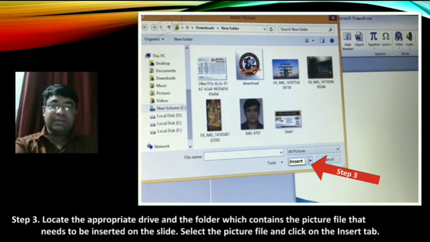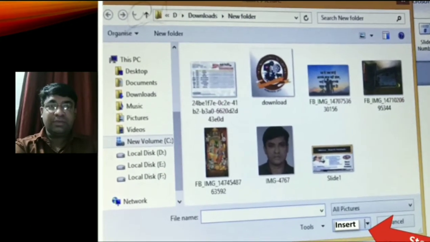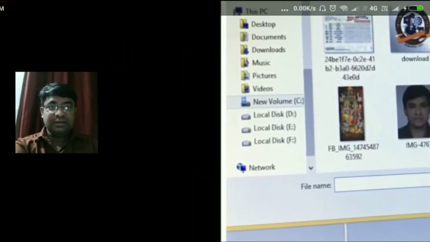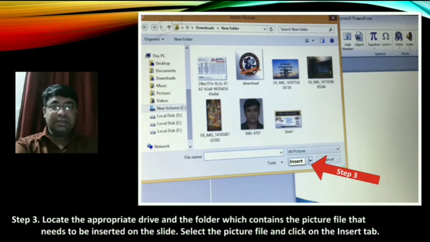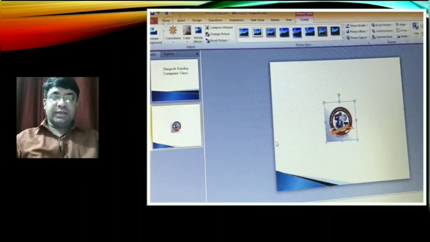Then select the picture file and click on the insert button. So you can insert a picture from your personal collection. You can insert a picture from any folder. Okay, after that select the picture and click on the insert button. The picture is added to the slide in the center. You can drag the picture to the desired location on the slide.